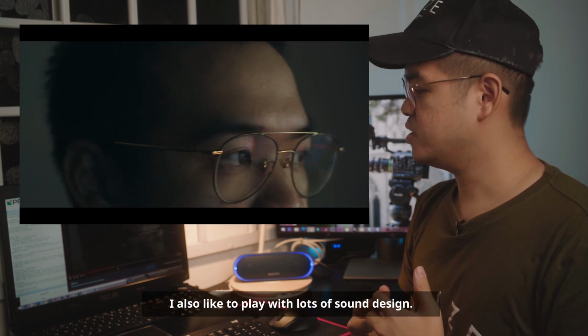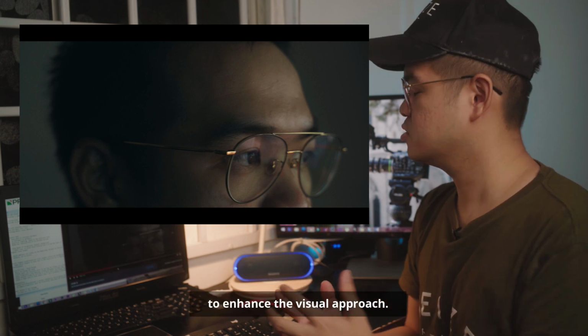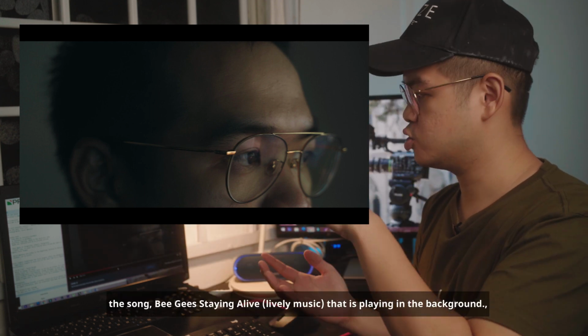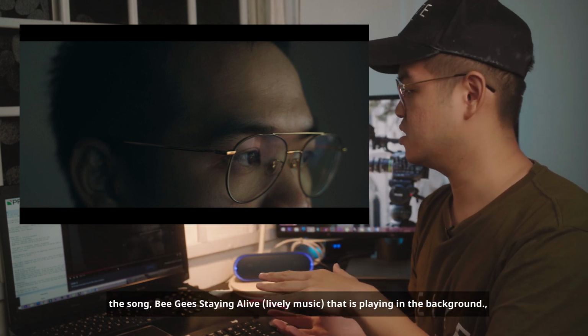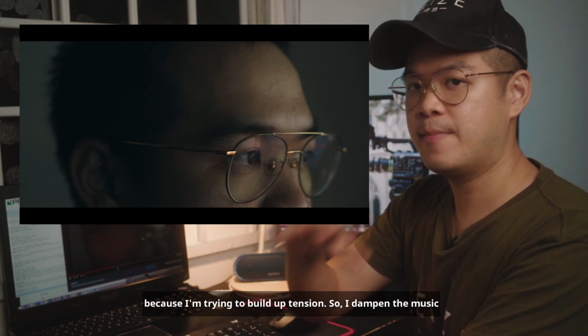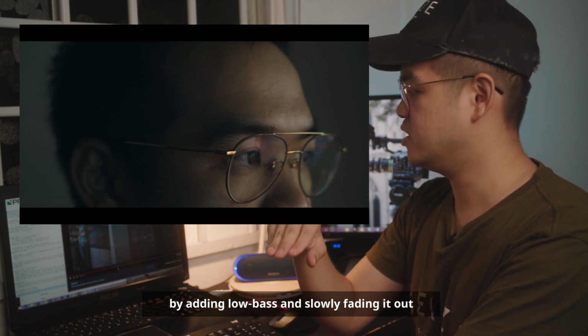Okay, so I like to play a lot with sound design to really enhance the visual approach. For this particular scene, I wanted to fade out the song playing in the background, Bee Gees' Staying Alive, because I'm trying to build up tension. So I dampened it and added a lot of low bass to the song, slowly fading out.